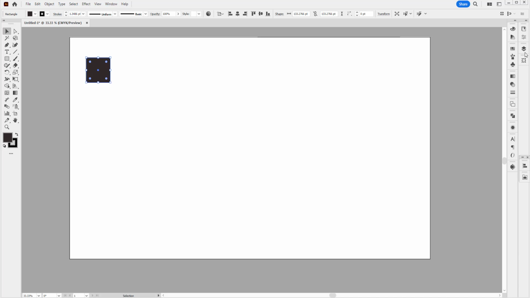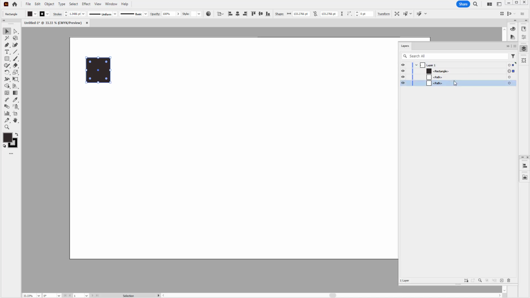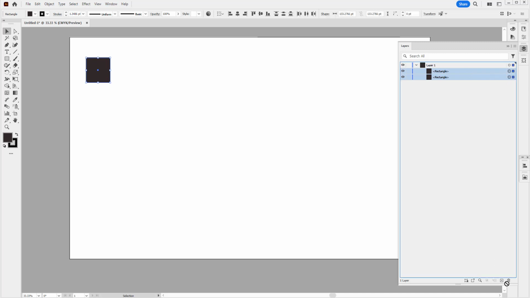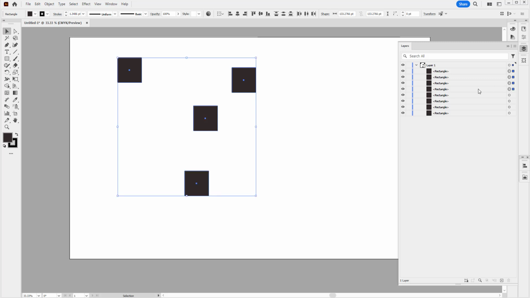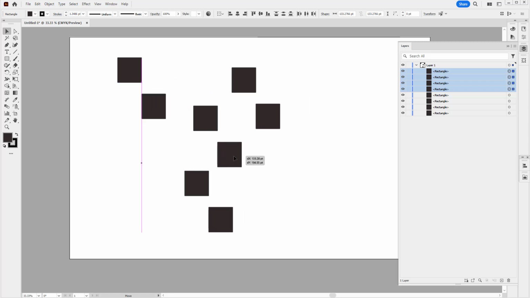I'm going to create multiple shapes. Okay, just for example like that.